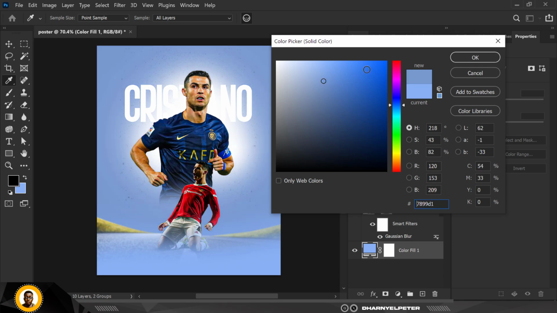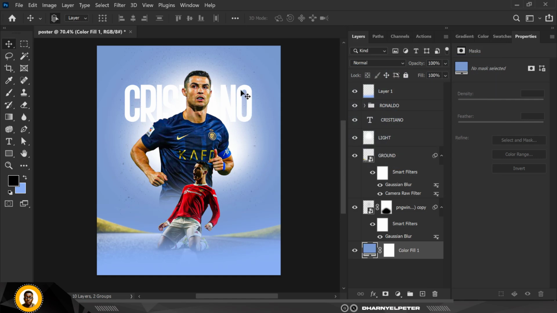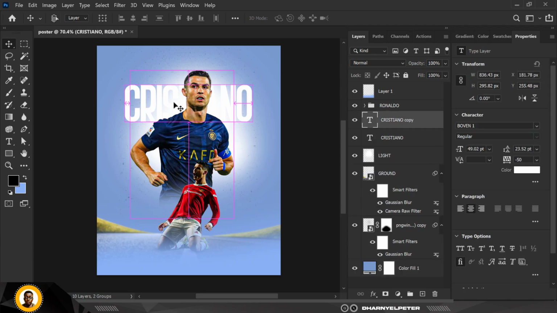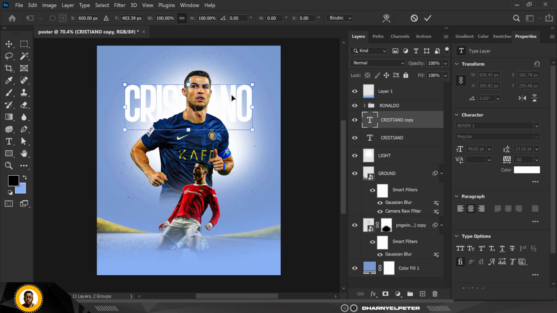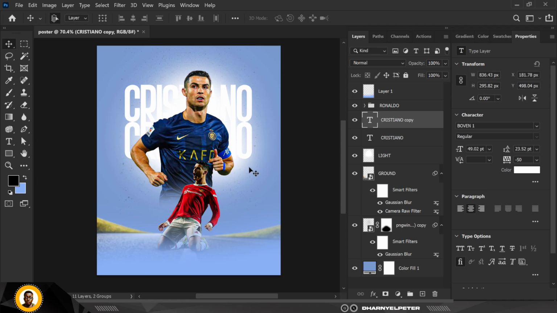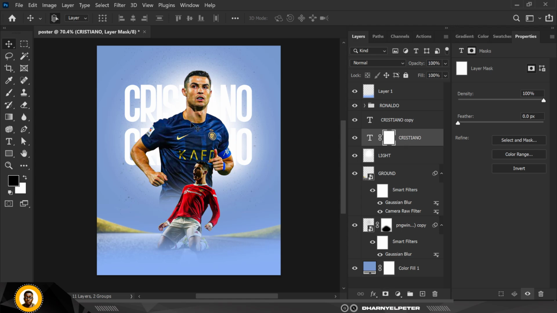Okay, great. So this is the color code, you can use this, and I'm just going to duplicate this one here. So click on the Cristiano, Ctrl J, and Ctrl T to highlight everything. Bring this here. So what you want to do with this is take this down like this, leave it here. So it's a Cristiano. So what you want to do is, with this first one, which is the one on top, right, create a mask for it like this,